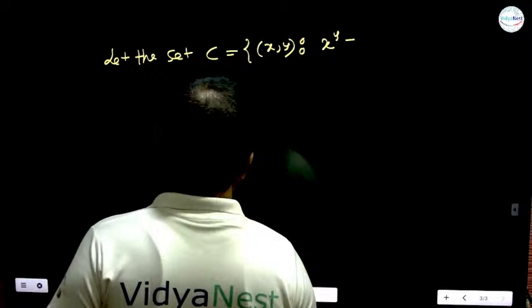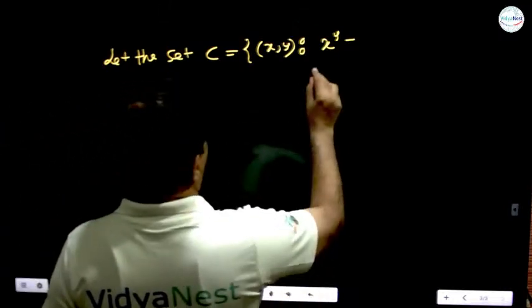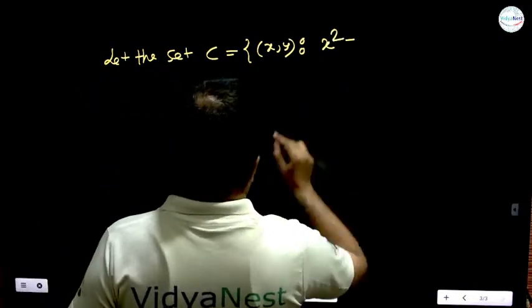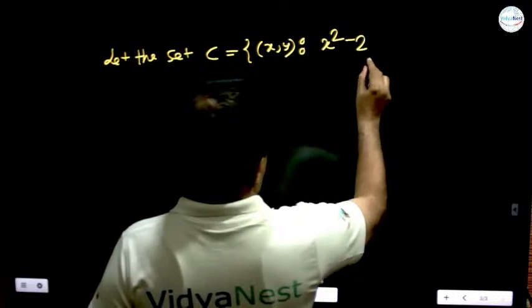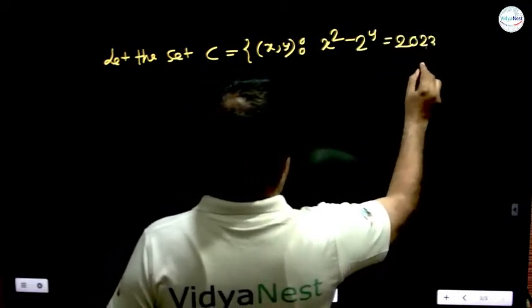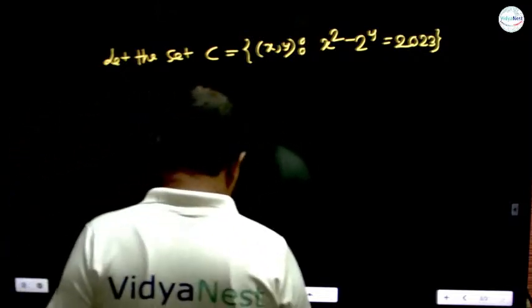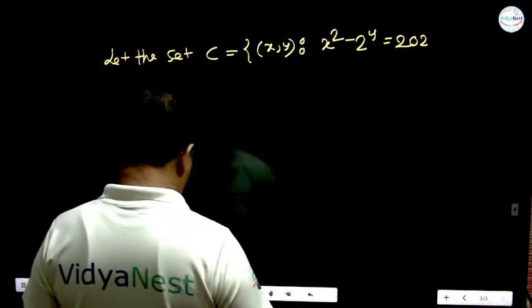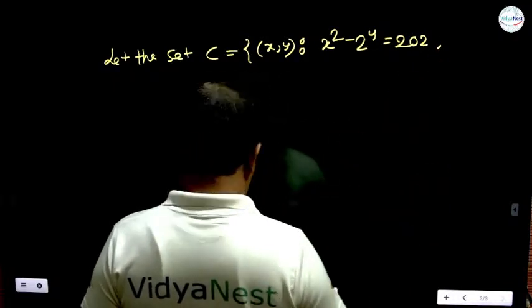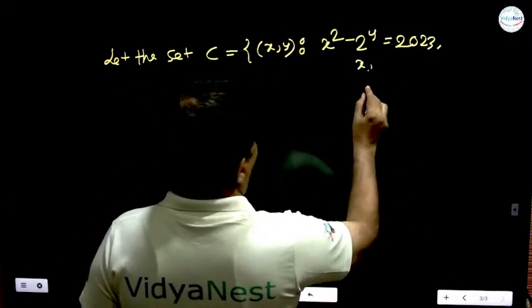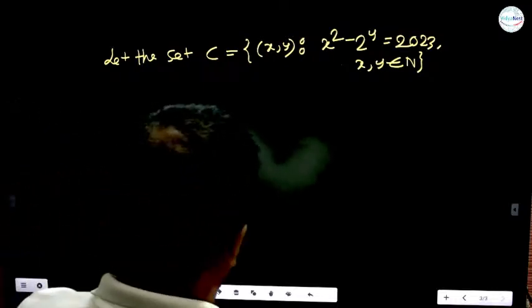x square, not y, x square minus 2 to the power y equals 2023, where x, y are natural numbers. This is the way a set is defined. Now,